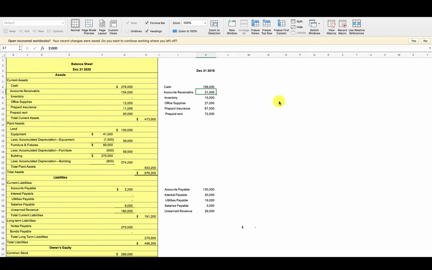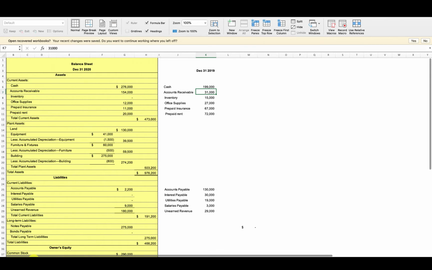In this video, we will continue and complete the balance sheet. So we've completed the income statement, we've completed the retained earnings statement, and now we complete the balance sheet. Again, all of these values come from the trial balance. So I'm going to go to the trial balance and pull cash, accounts receivable, inventory, office supplies, prepaid insurance, and